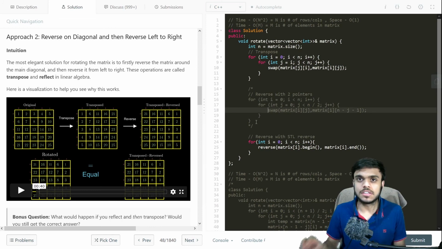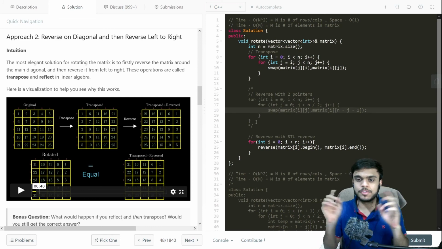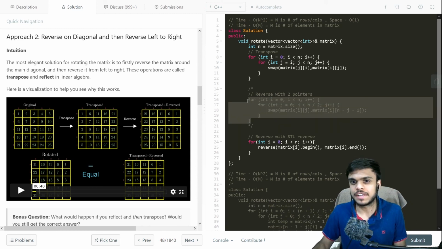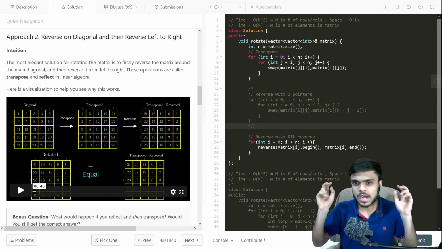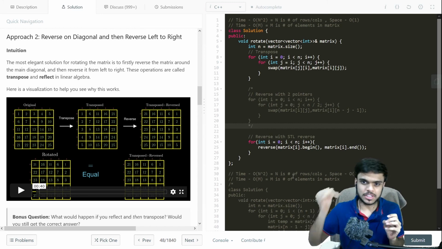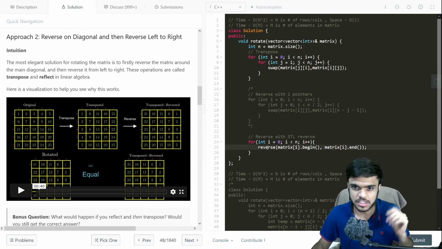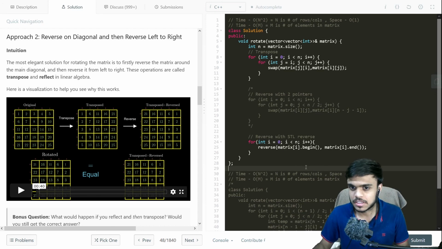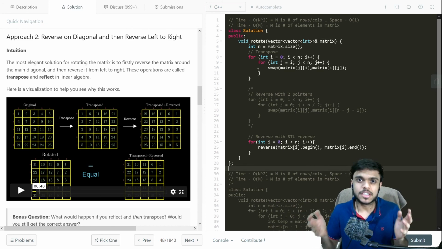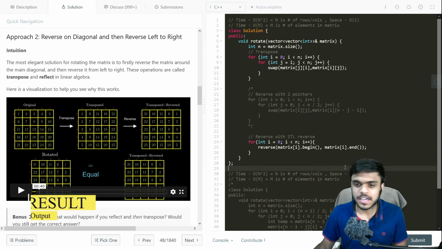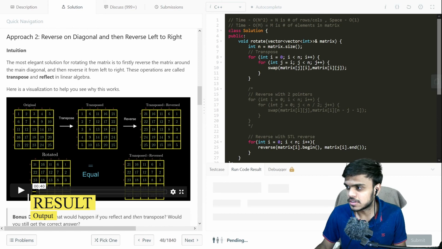After that, the only remaining step is to reverse every row of the matrix. You can use the two pointer approach, going to every row and swapping the two elements, or you can directly go to every row and reverse it with the reverse function of STL. That is what we have done here, and it takes two parameters, the begin and end iterator of that data structure. After that, we do not even have to return it because everything is done in place, and that's it. That is the code. Now let us run our code and see if it works.